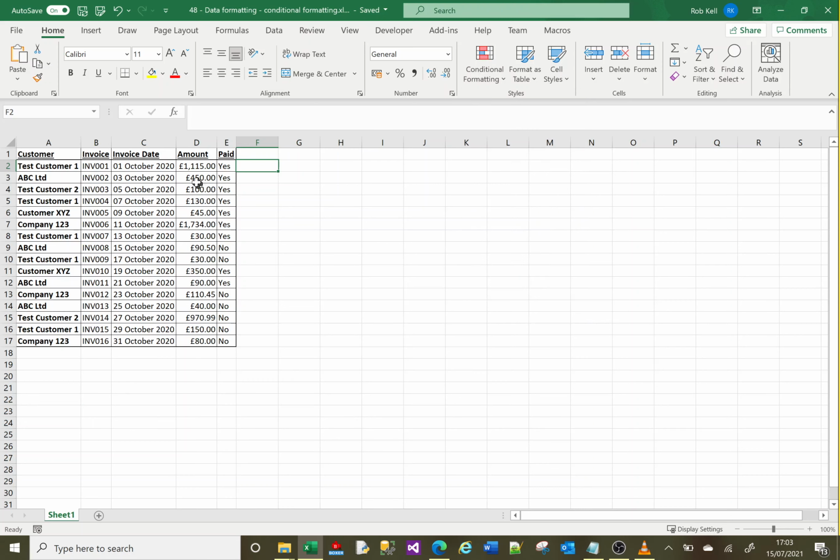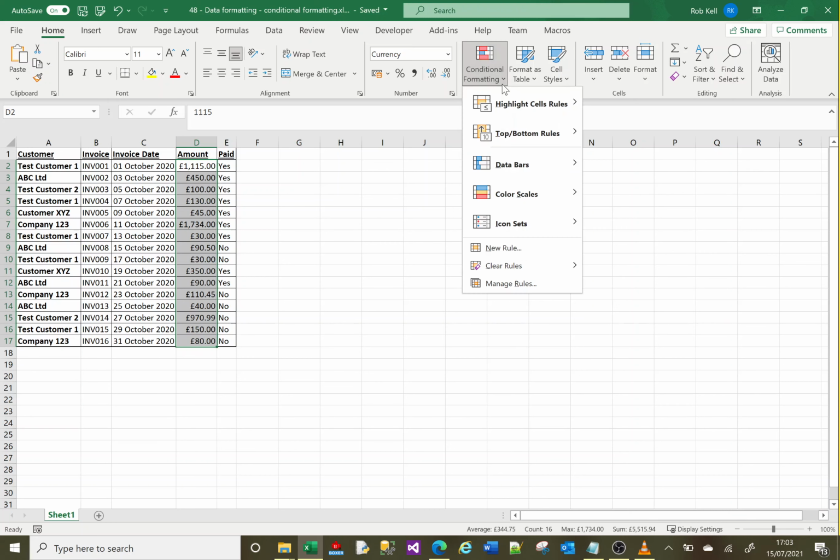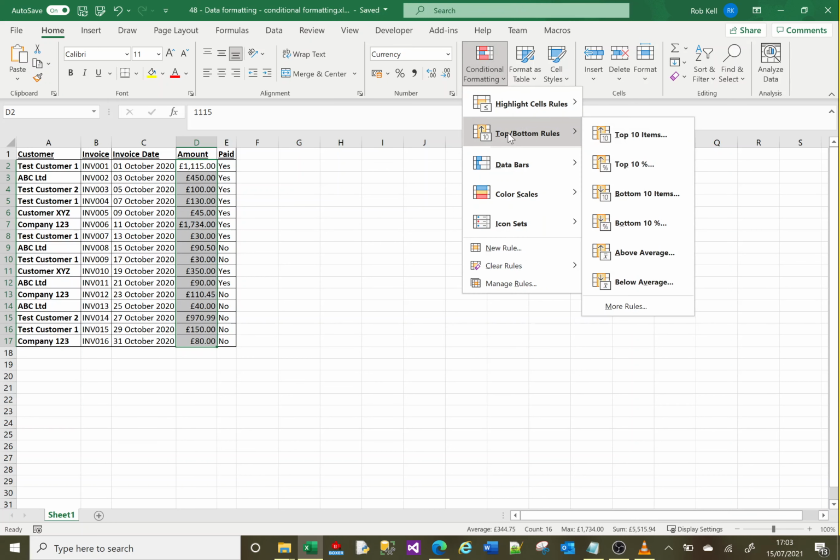So let's begin with highlighting a set of cells. Let's highlight that, and let's look at the first example. The first example I want to talk about is one of these top bottom rules. Here we've got some predetermined rules that Excel provides out of the box. One of them is called above average. What this will do is calculate the average of all of those numbers that I've got highlighted, and it will highlight those values that are above average. So if I just click on above average here,